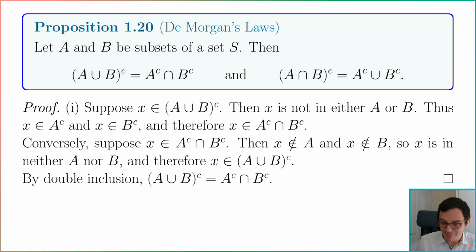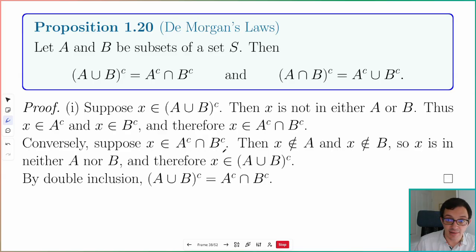It works like this. Suppose that x is in the left-hand side, the complement of A union B. So x is not in either A or B. So x is in the complement of A and it's in the complement of B, because it's not in A and it's not in B. Because it's in both of these sets, it's in the intersection of these sets. And that shows that everything in the left-hand side is in the right-hand side, and then going in the other direction,